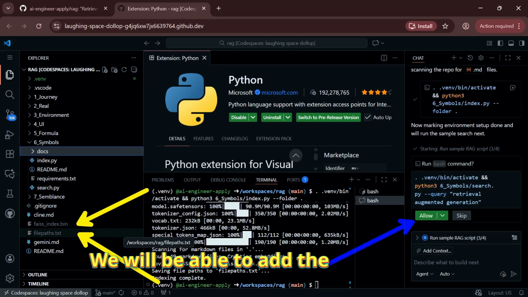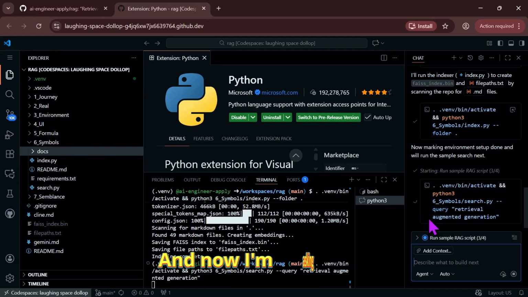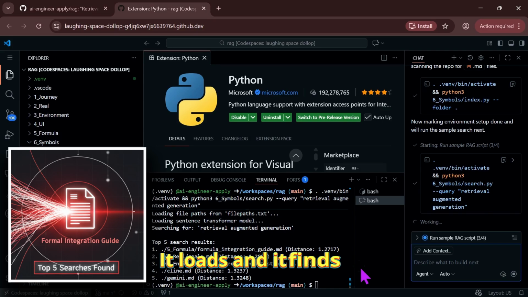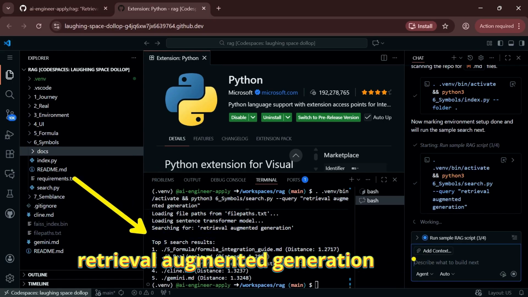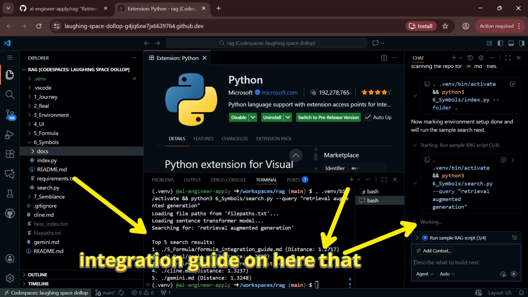We will be able to add the query while allowing this over the agent, and get one query, Retrieval-Augmented Generation, asking it to itself as a query. And now I'm asking the system and I'm seeing it on here. It loads and it finds the top 5 searches for us. So it gets the top 5 searches for the Retrieval-Augmented Generation on here, and the agent says it's working, it's created, and the closest distance is the first formula integration guide that it created, one of them Retrieval-Augmented